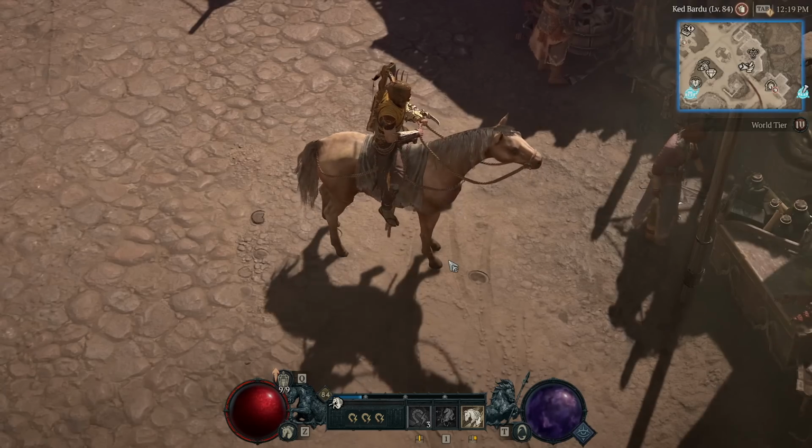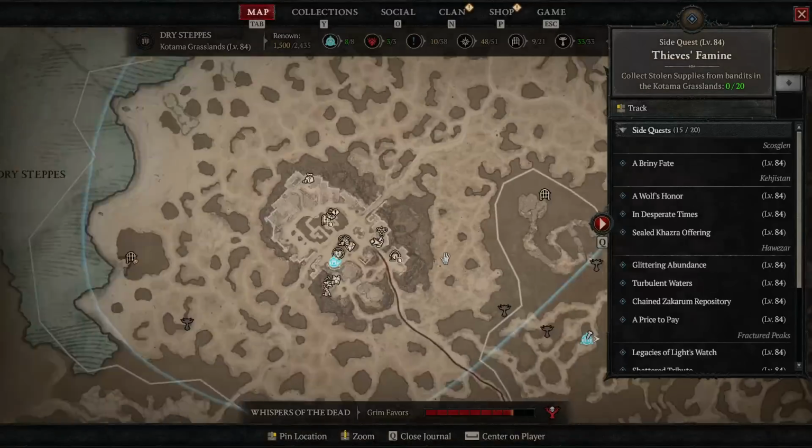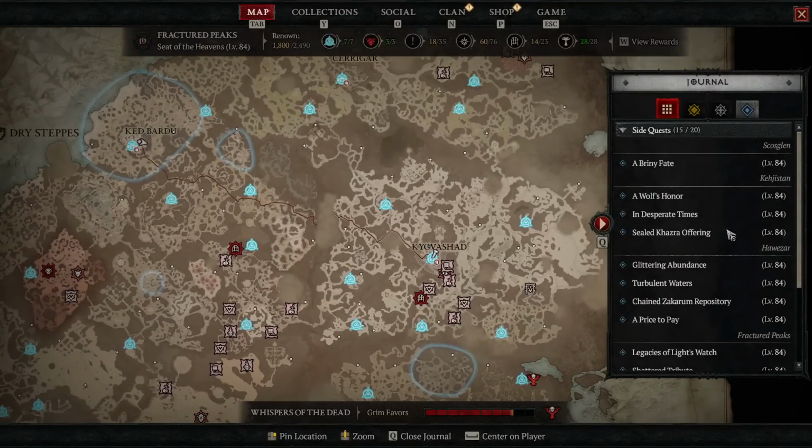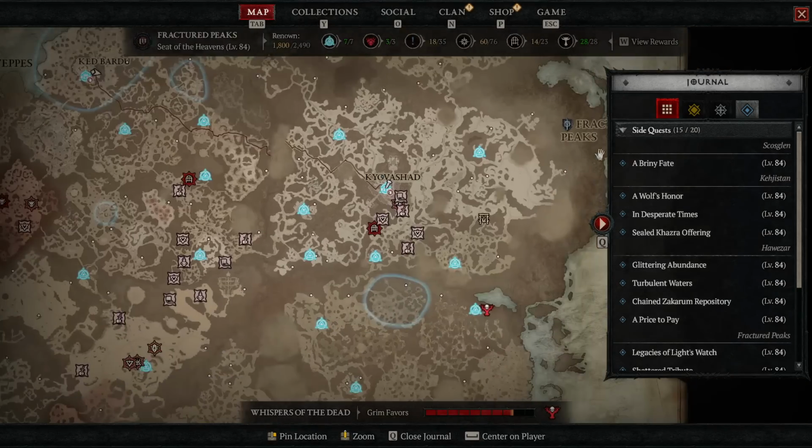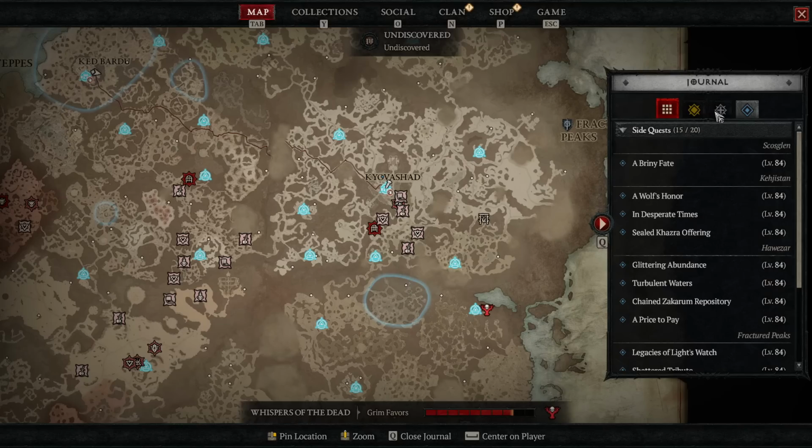You can get your mount as early as Act 4. This requires completion of the main storyline up till Act 3 and the beginning of Act 4, which includes Fractured Peaks, Skosglen, and Dry Steppes. After finishing, you'll have a priority quest here under the white quest tab that will allow you to pick up